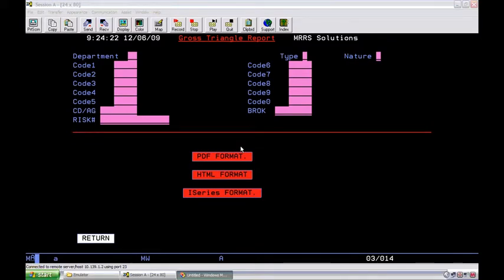The database of the MRRS contains a distinct coding structure. These codes are entered in the Genius system and placed in the premium claim transactions of the MRRS during the nightly refresh. Throughout the MRRS system, the user has access to information by way of viewing it on the screen or creating paper reports. In many cases, the user can select a combination of the coding structure to narrow down